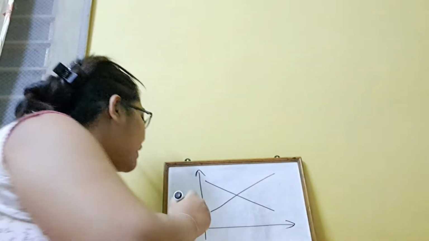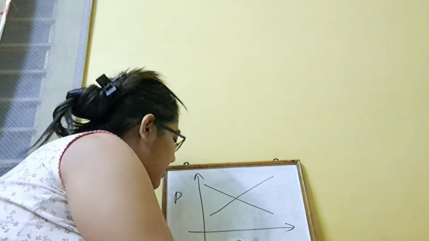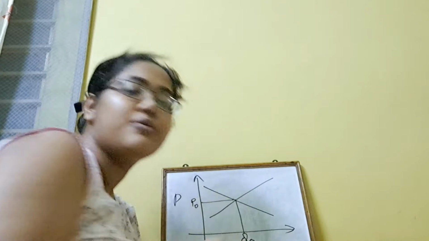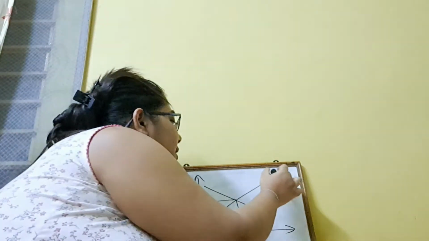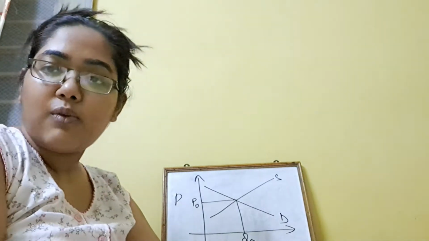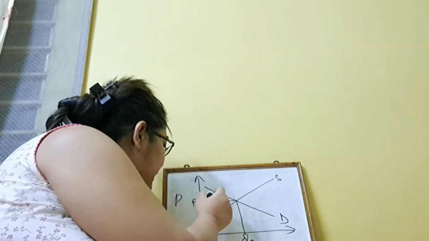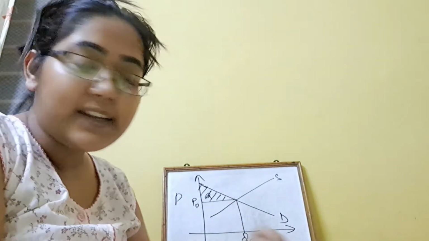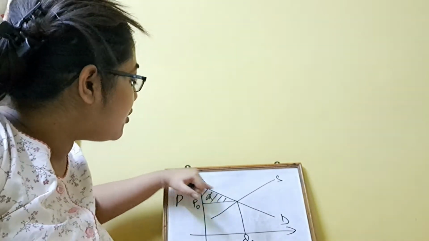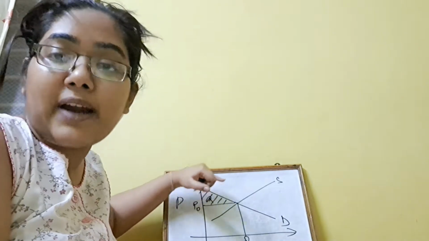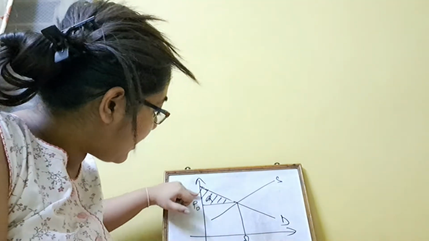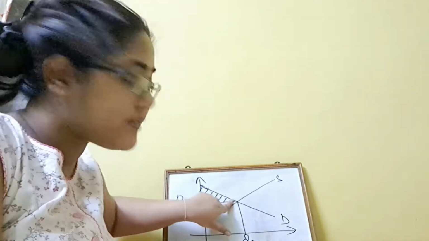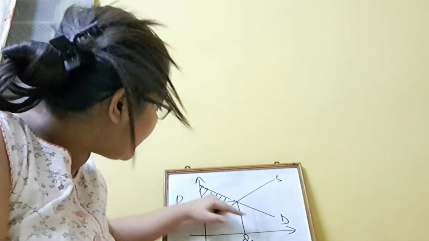Okay? So here, as we all know, this is the price, this is the quantity, this is your equilibrium price P0 and this is your equilibrium quantity, that is Q0. Alright? This is your supply curve, this is your demand curve. What is the consumer surplus here? This portion is the consumer surplus, that is portion A. It is the willingness of the buyers to pay, and this is the area, right? This is the difference between the willingness of the consumer to pay for a commodity and the price it is